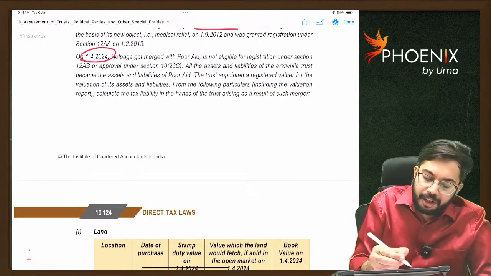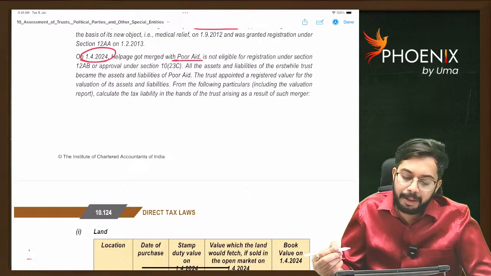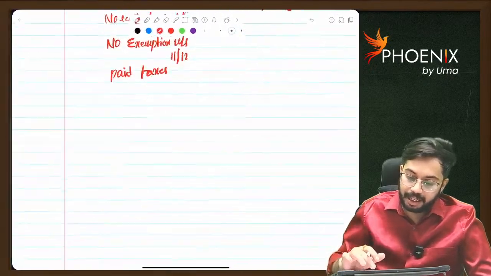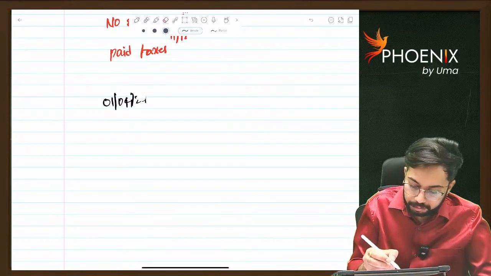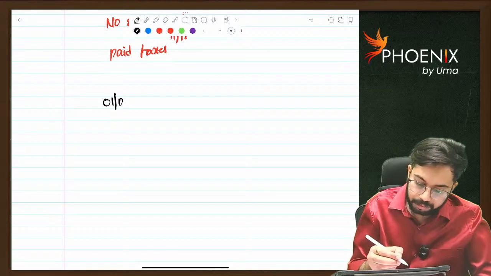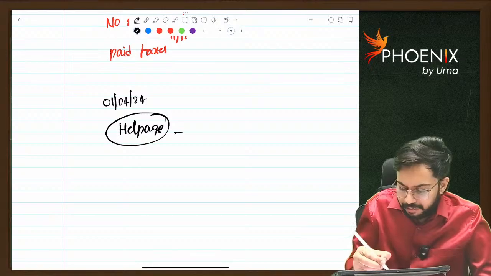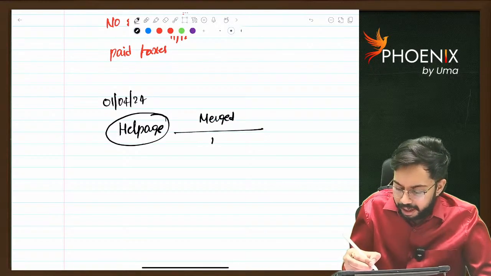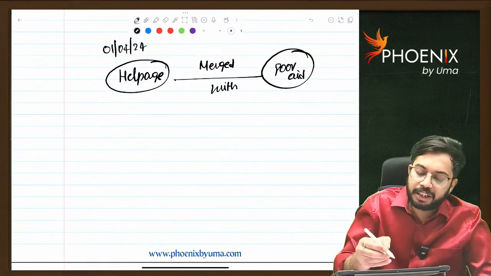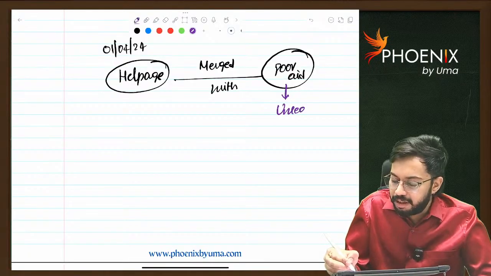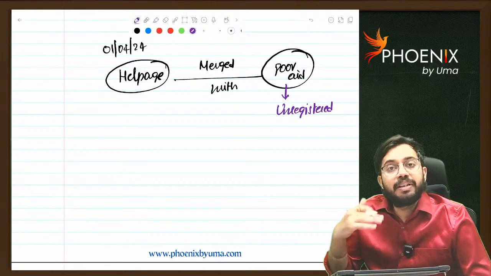On 1st April 2024, HelpAge got merged with PoorAid. So what happened on 1st April 2024? HelpAge merged with PoorAid. See, PoorAid is also another trust, but is it a registered trust? No, it is unregistered. So when one trust gets merged with another trust which is not registered,